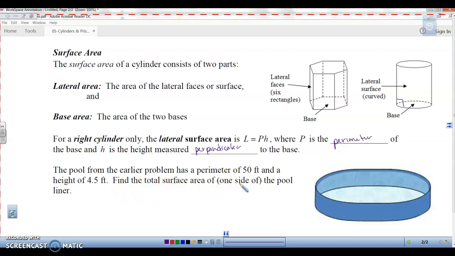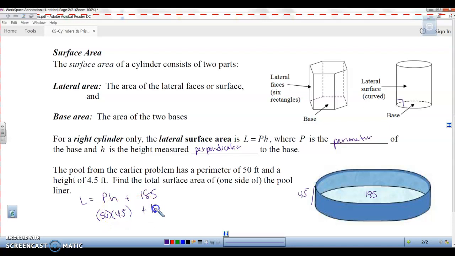Okay, so we figured out previously that the base of the pool down here is 185 for the base. And L equals pH, and then plus the 185 for the base. All right, so if we're trying to do this part right here, the darker blue, we need to know the perimeter of the problem. So this is going to be 50, and the height here, the distance from here to here, is 4.5,